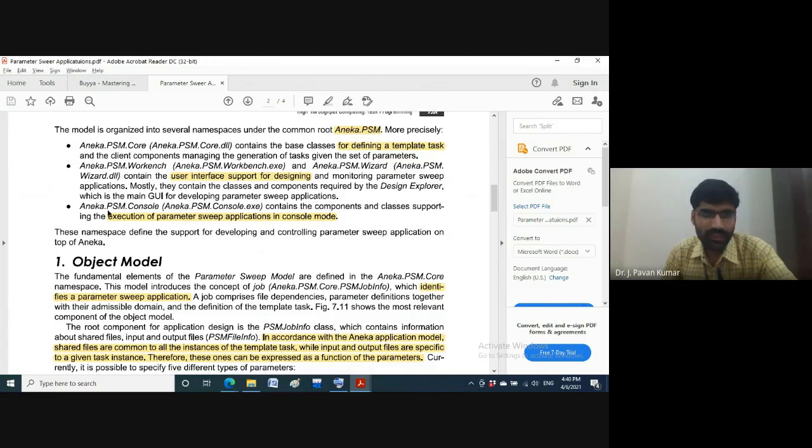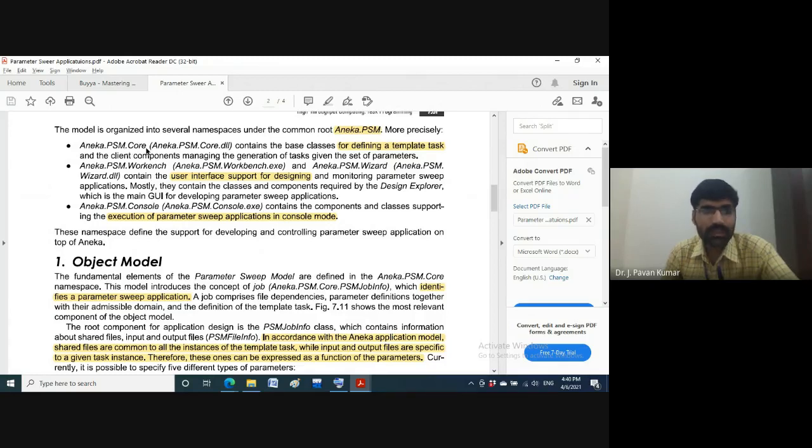Next, aneka.psm.console. The name itself indicates that it is used to support execution of these applications in console mode. By making use of native function calls, we will be able to execute these parameter sweep applications. So basically, we have three packages or namespaces.